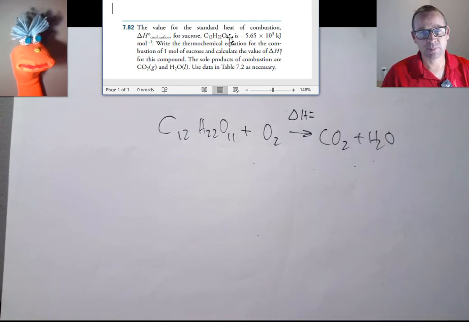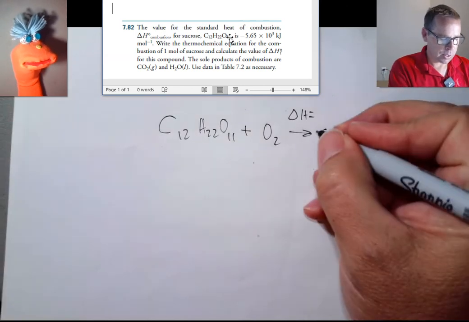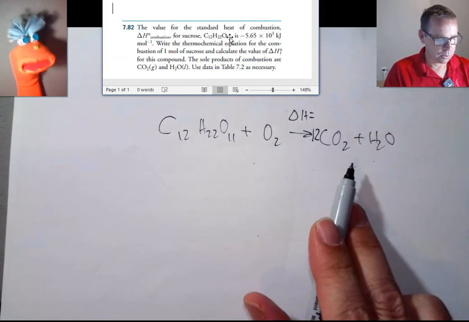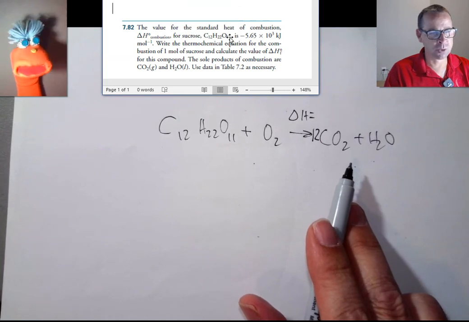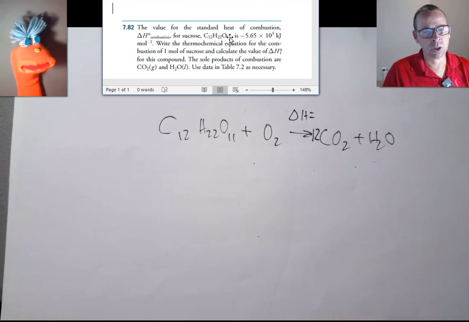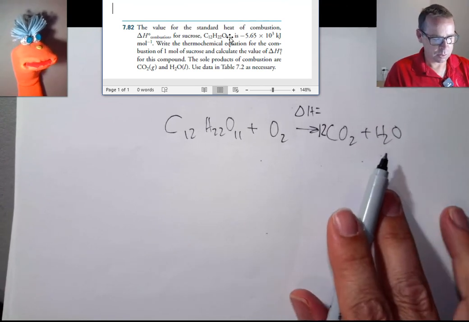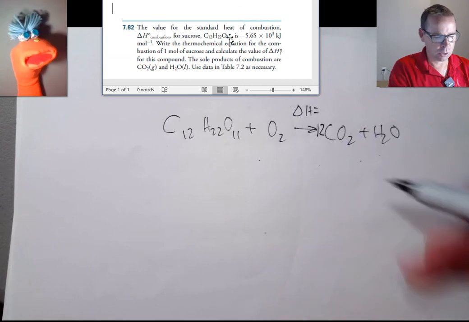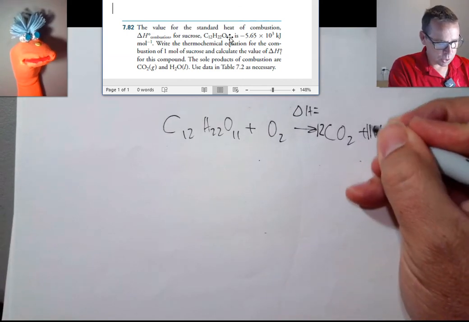let's balance this. 12 carbon dioxide on the right. All right, let's start with that. 12 carbon dioxide gives us 12 carbons. 11 waters for the 22 hydrogens, because that would be 11 times 2. So 11 waters. Now I have